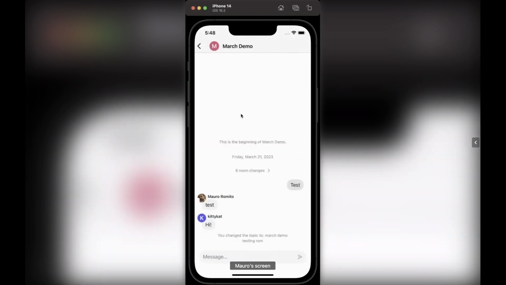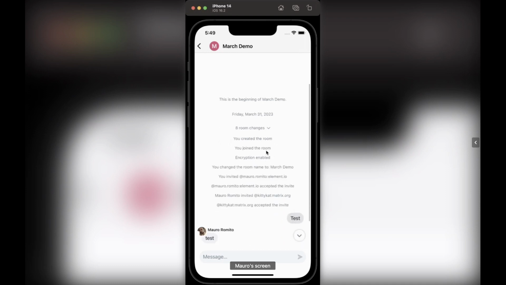let's say, quality of life improvement that a lot of people have requested for a long time on Element. Essentially, sometimes you get in a very crowded room where a lot of events are being sent, like people joining, people leaving the room, topics getting updated, and it can get a bit messy, a bit crowded. You can lose track of your messages, mostly also when they come one after another. It's not that great. So we created this very nice layout here called room changes that you can use to